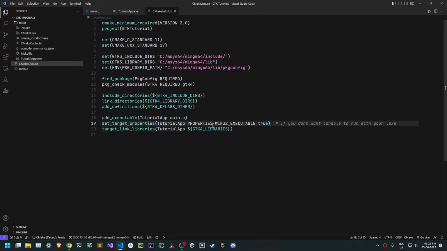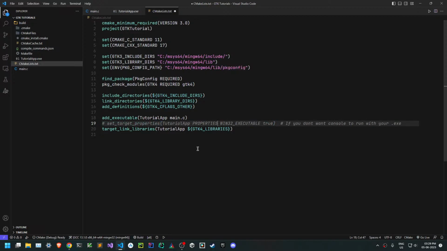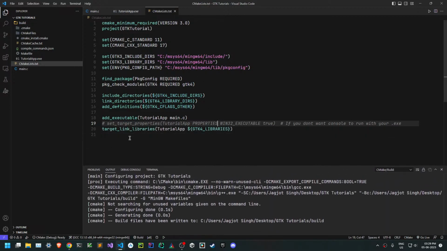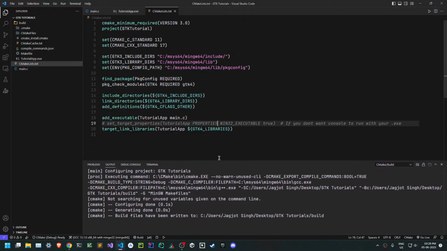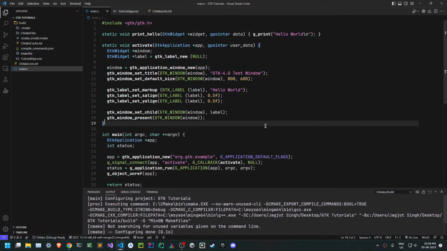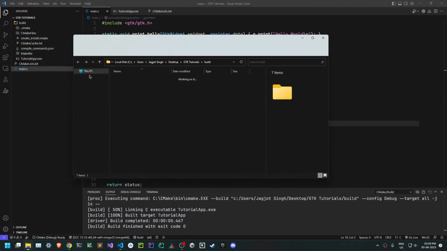And as you had seen previously, I had uncommented this line, right? What this line does is, if this is commented and it's not part of the CMake lists, and if I just press Ctrl+S and save it, it's going to reconfigure it. And now when we build this file again and run this,